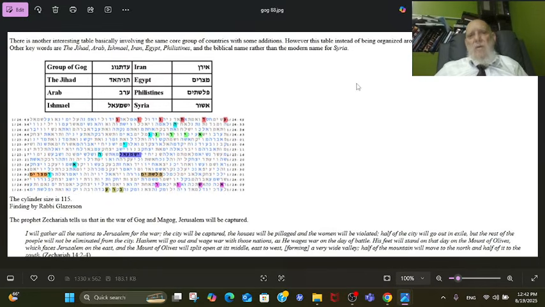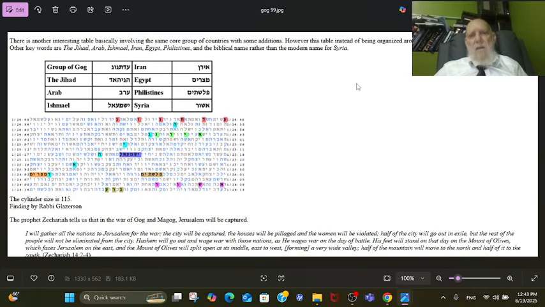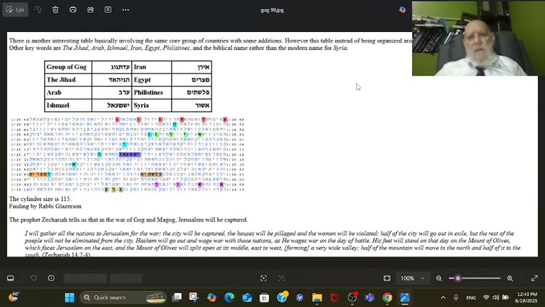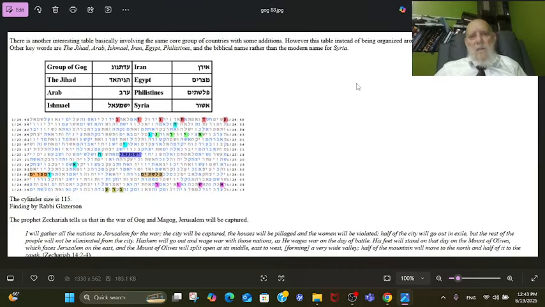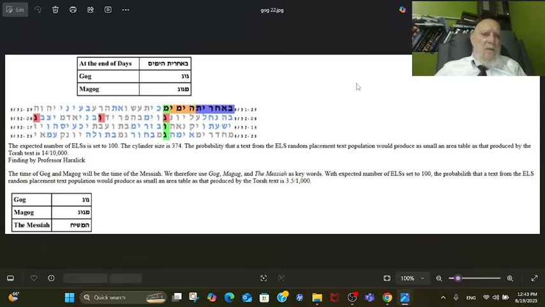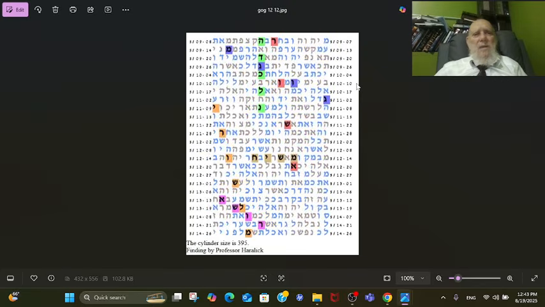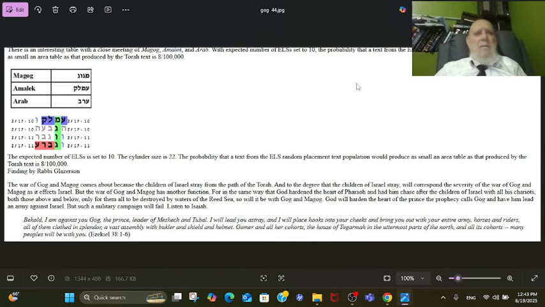Try to read TorahCode.org. Also, very important table: what we saw, that the codes have to do with the hidden light, you know. There is a lot in this work of Professor Haralick. We worked together, as you could see, and the last table shows that basically all this work is a work that we did with Professor Haralick.